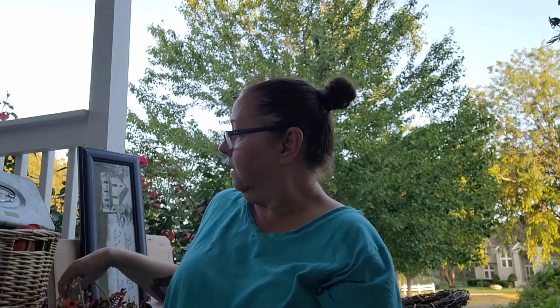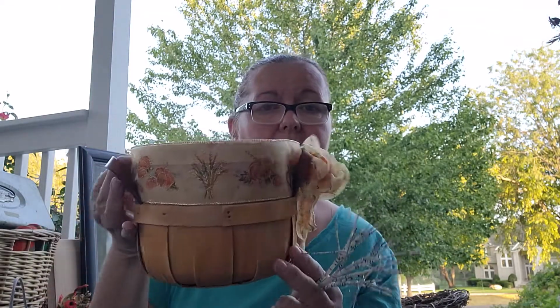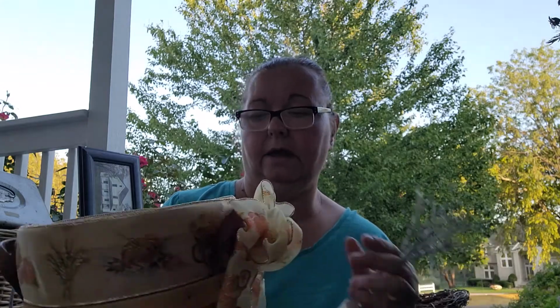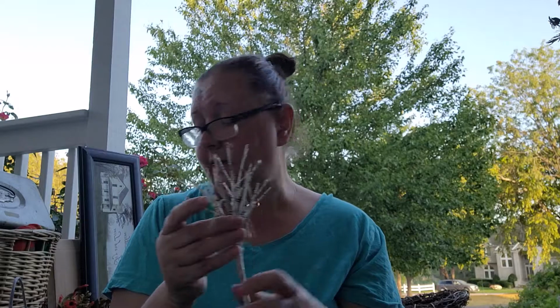So the next is a little bag here and another basket. Another basket. Somebody just tried to be creative, which they did a good job, but I'm going to take this apart and just keep the basket as it is. It looks like they had an arrangement in it. A nice mum in here would make a great gift. So, and then in this box, it's a bunch of